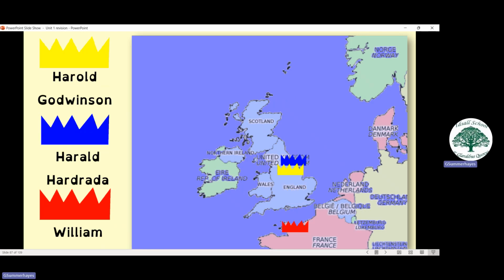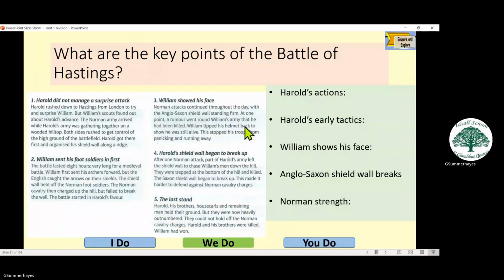Now, just as he's won the battle, and Harold Hardrada is dead, and only a handful of ships made the journey back because the rest of them were dead, then the wind changes and William attacks the south. So Harold has to go down to Hastings, and fight against William after just having a battle against the Vikings.